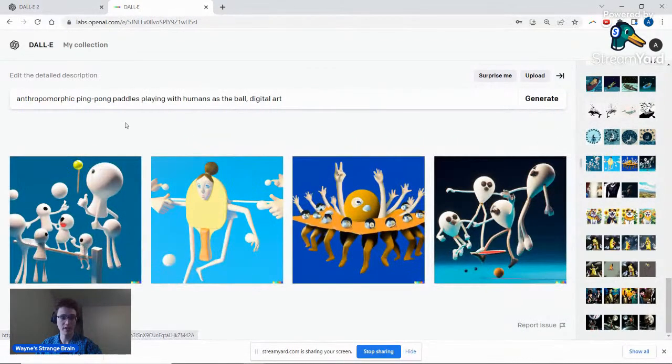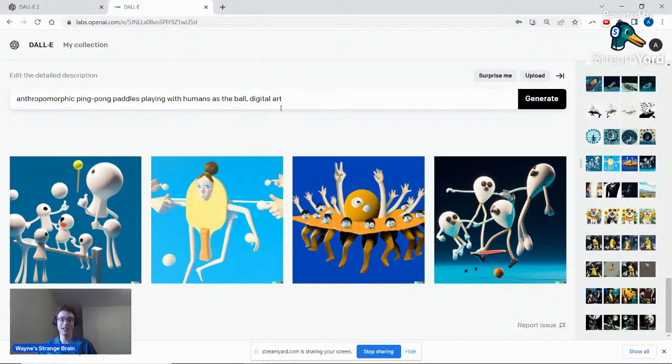Another kind of weird failure case. This was my roommate. We were talking about ping pong. We are just trying to find various things to do with this technology because it's freaking awesome. And so we had said anthropomorphic ping pong paddles playing with humans as the ball. And a human, I think, could do this, though it would be kind of weird to describe as the ball.